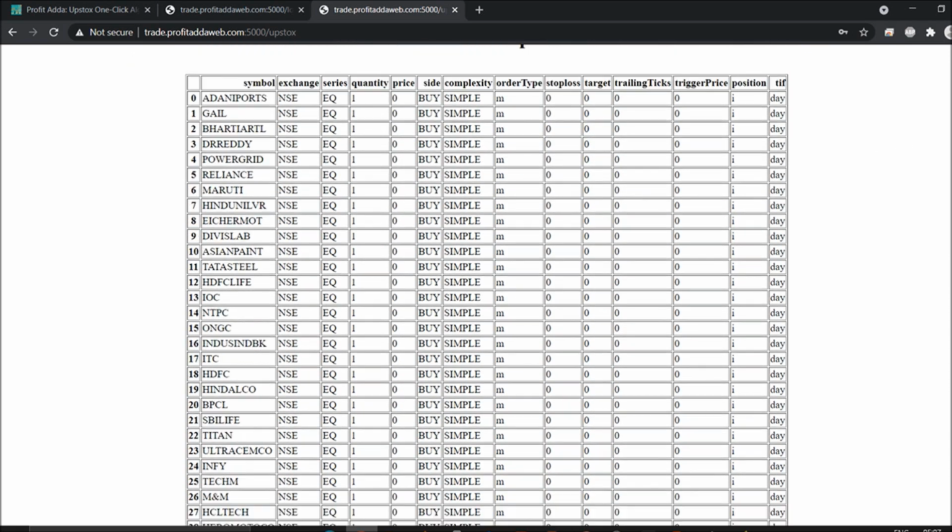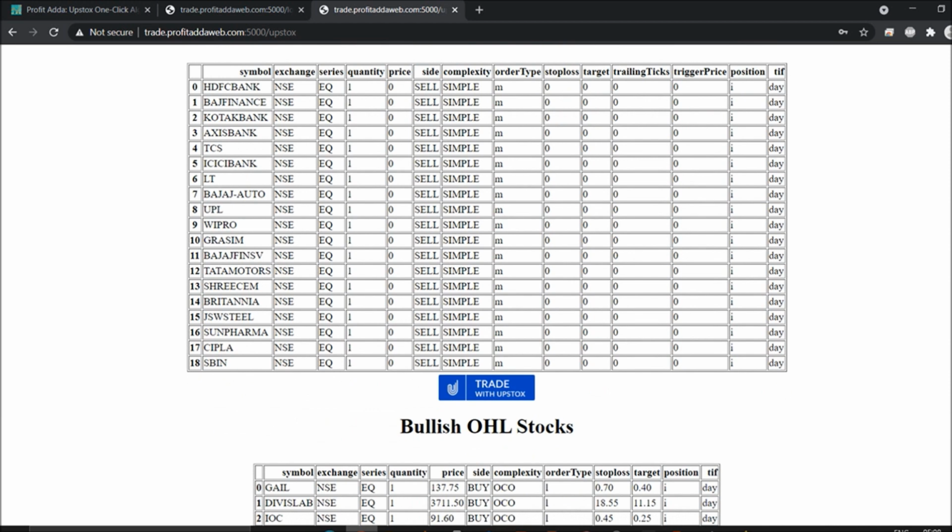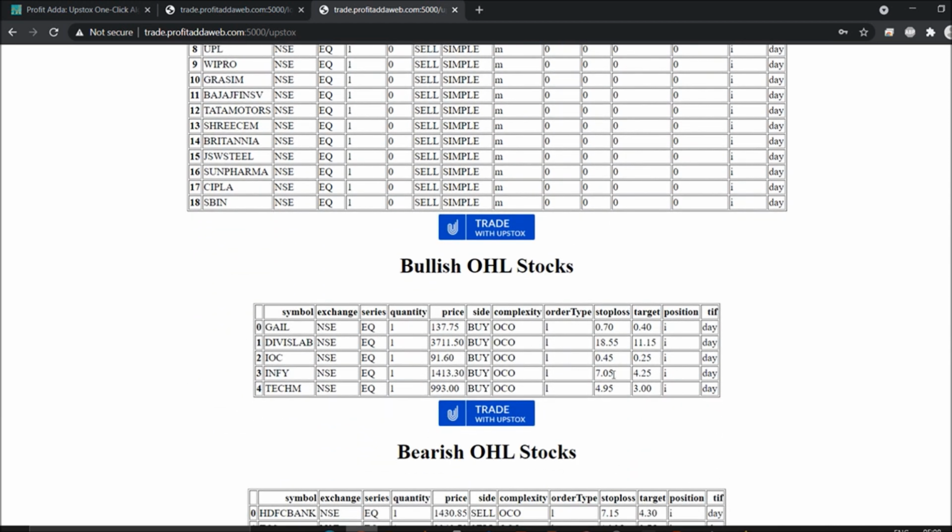Now in this format, we already have bullish and bearish stocks as top gainers and top losers. Now what I'm going to do is filter. How am I going to filter? For bullish stocks, open equals low should be there, whether gap down or gap up. If any stock is doing a gap down, it should be open equals high, then we will see it as a bearish stock. And if it is open equals low, then we definitely see it as a bullish stock.